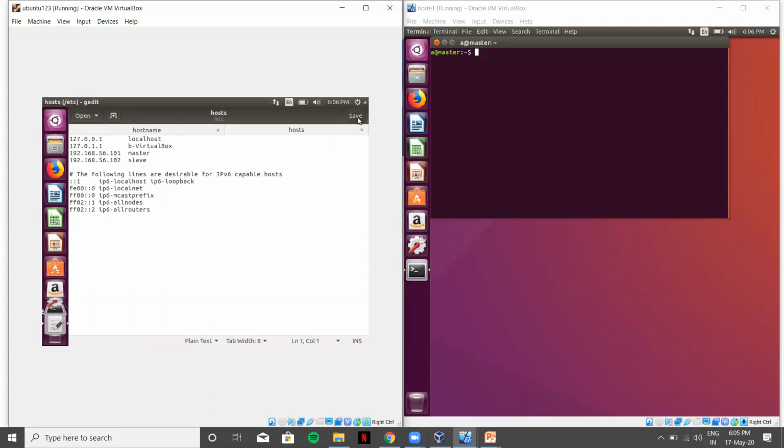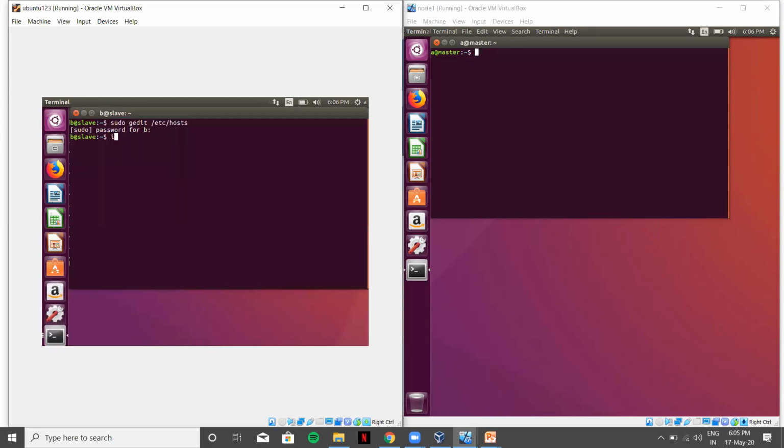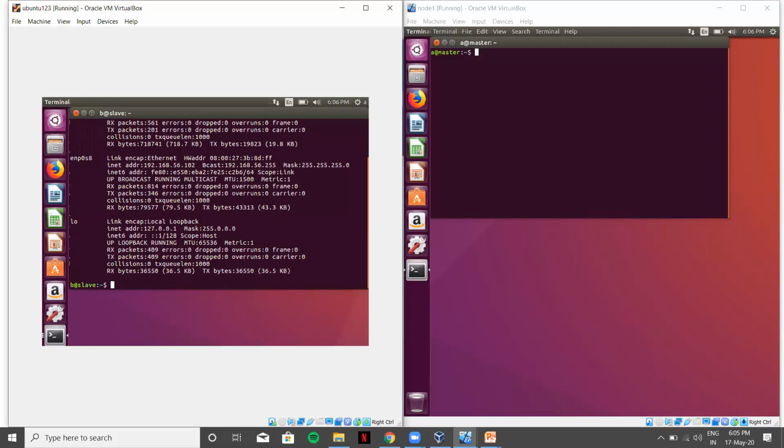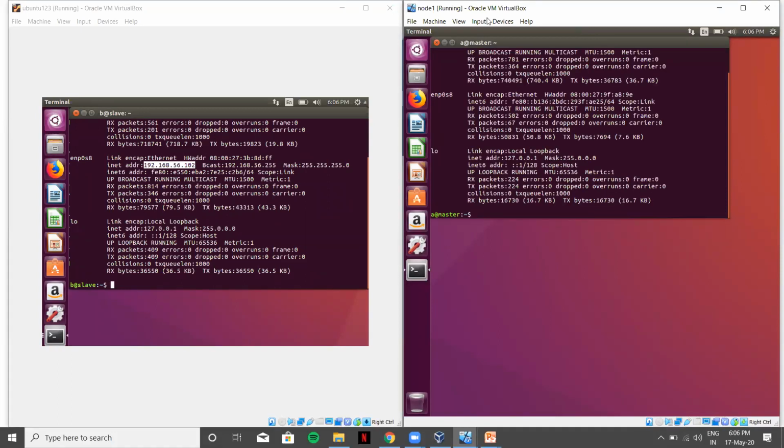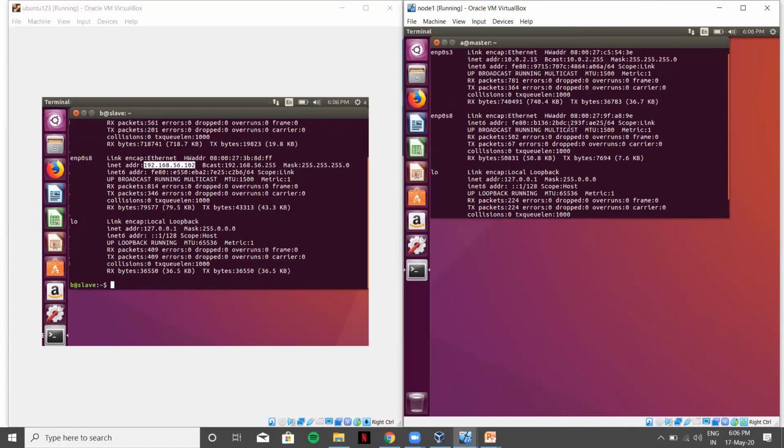You can view the IP addresses using the ifconfig command. Over here, this inet address is the IP address of the slave one. And if you want to view it for the master one, in this way, this is the IP address of the master one. Okay, so after finding the IP addresses, we run the following commands.